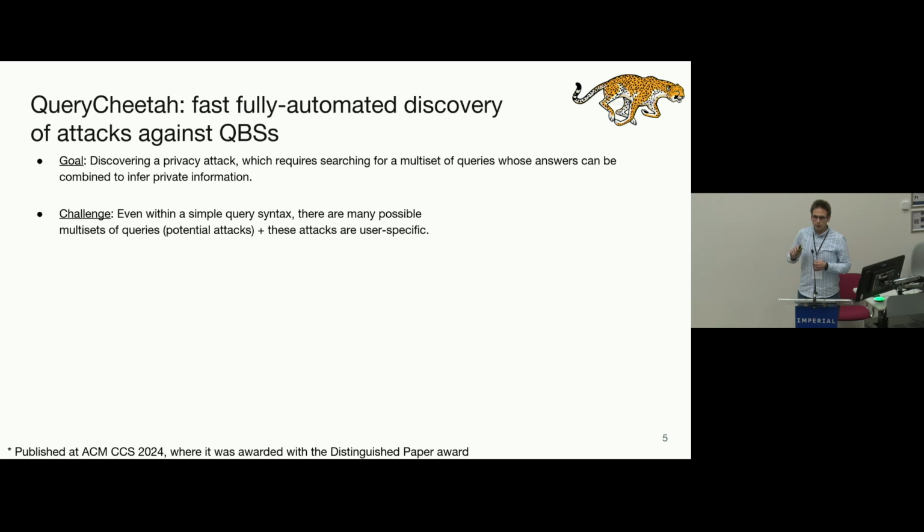But even within a really simple query syntax, there are many possible sets of queries. That means many possible attacks. So how do you search for attacks among this huge space? We propose a method that does iterative search. Basically, it uses fast, locally informed iterations,